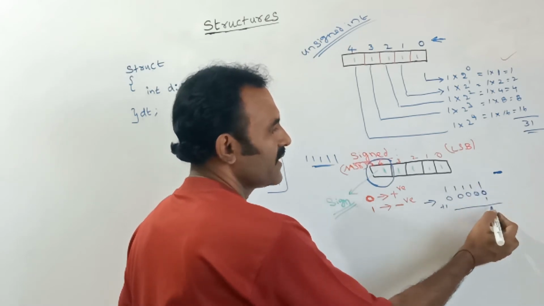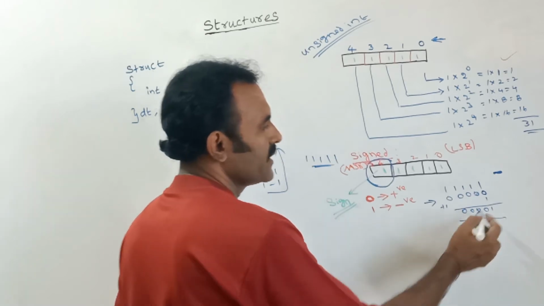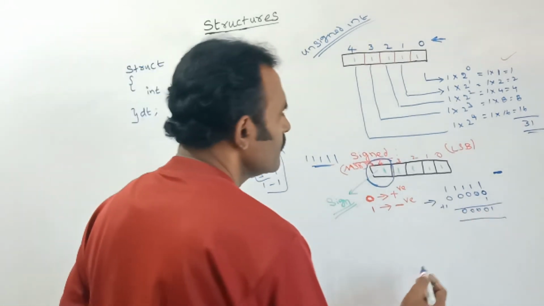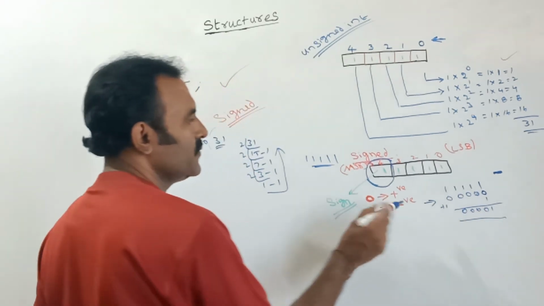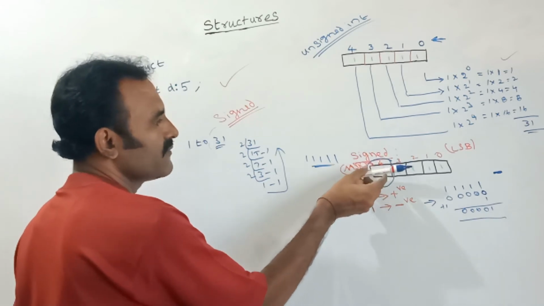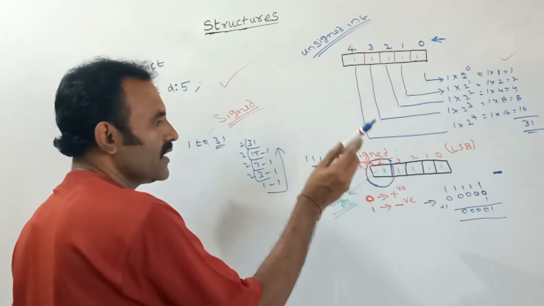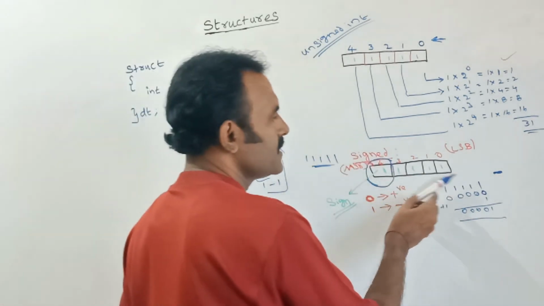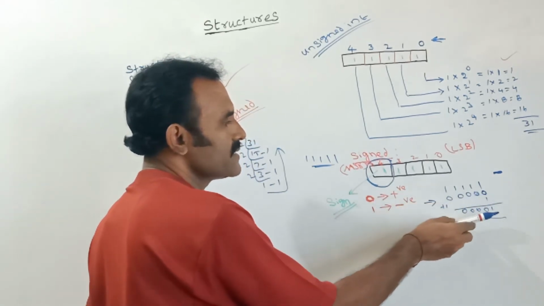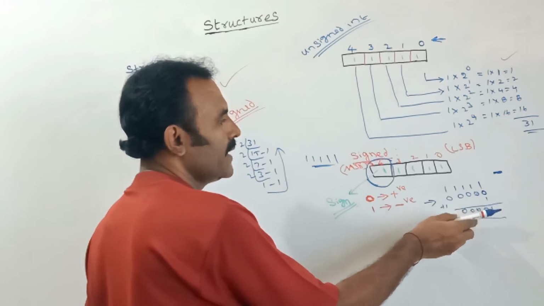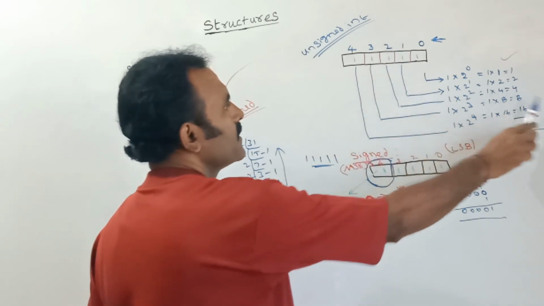Here if you are adding this one, so here what is the value? If you are converting into binary, this is the binary value. I converted this 2's complement value for the sign bit, that is the 2's complement representation. Suppose I want to convert the 2's complement representation to binary, here first you invert that number and then you add 1. This is the binary. After finding this binary, we can convert this binary to decimal.